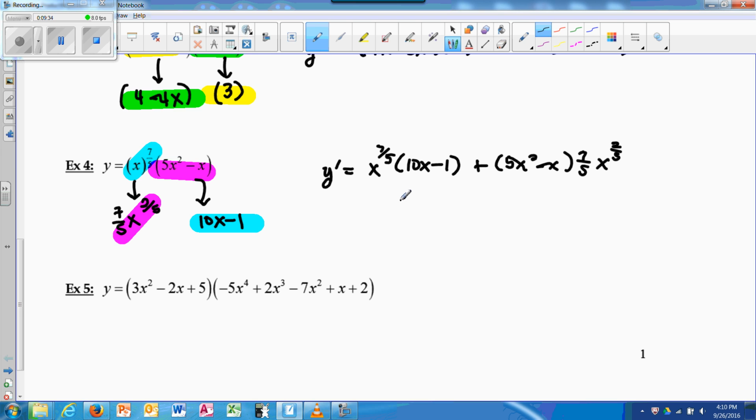Now, something I really want to point out to you here. On the AP exam, when you're doing the product and quotient rules especially, they're looking for you to do this process of the first term times the second term's derivative, the second term, and the first term's derivative. If you were to have written this with a dot for multiplication,